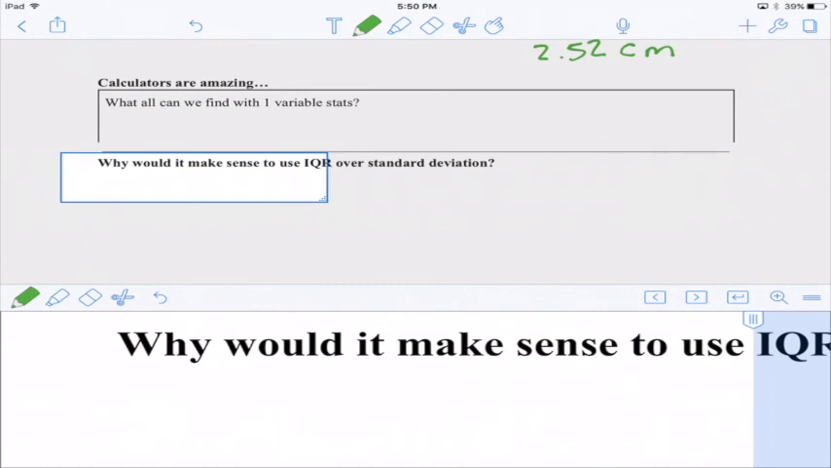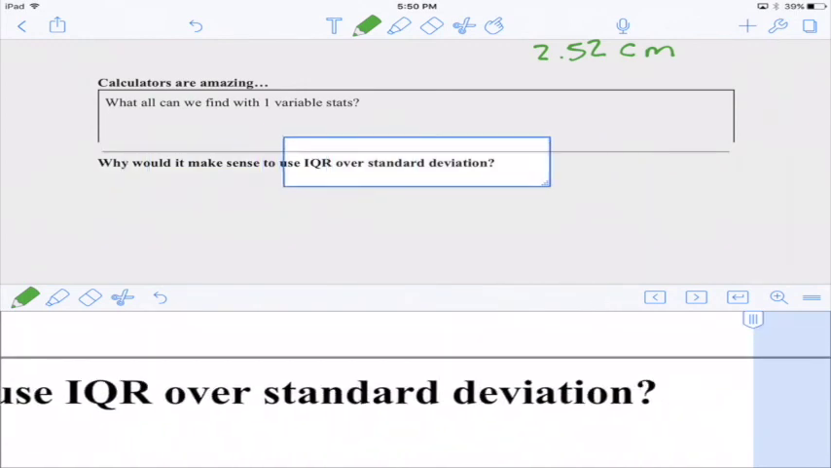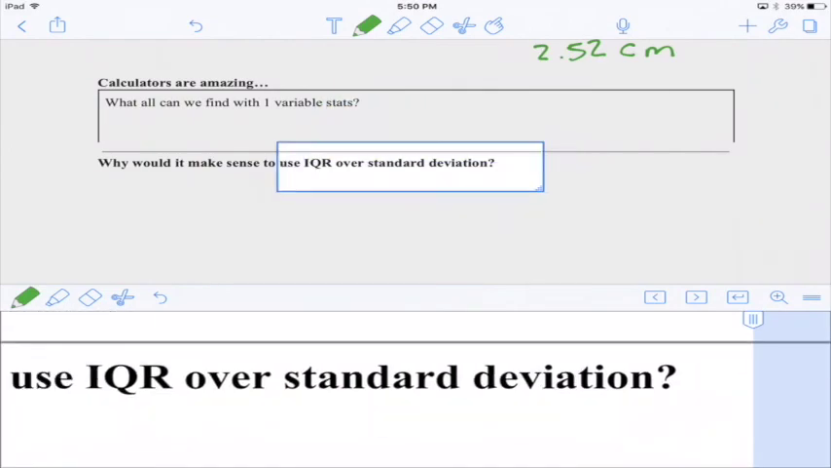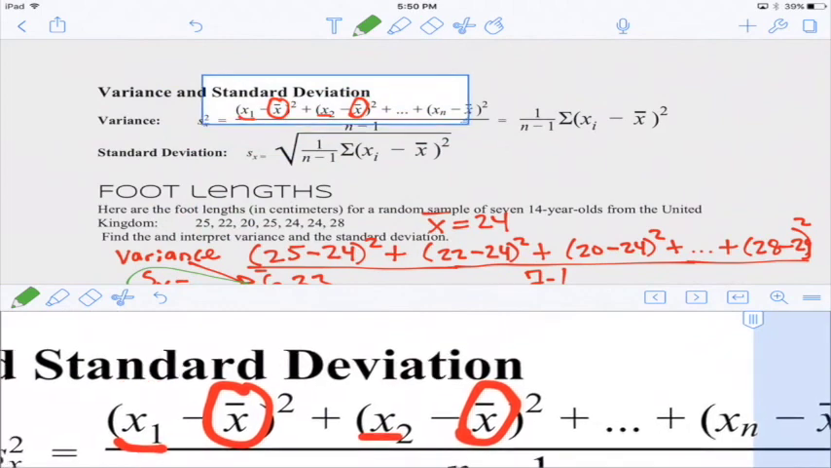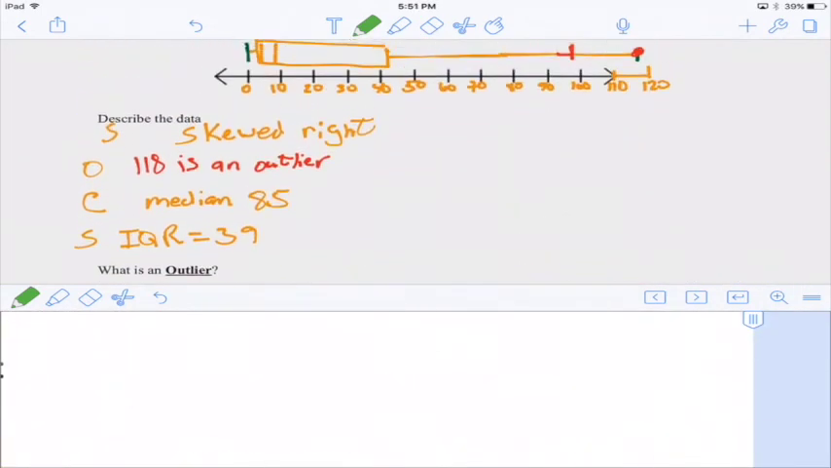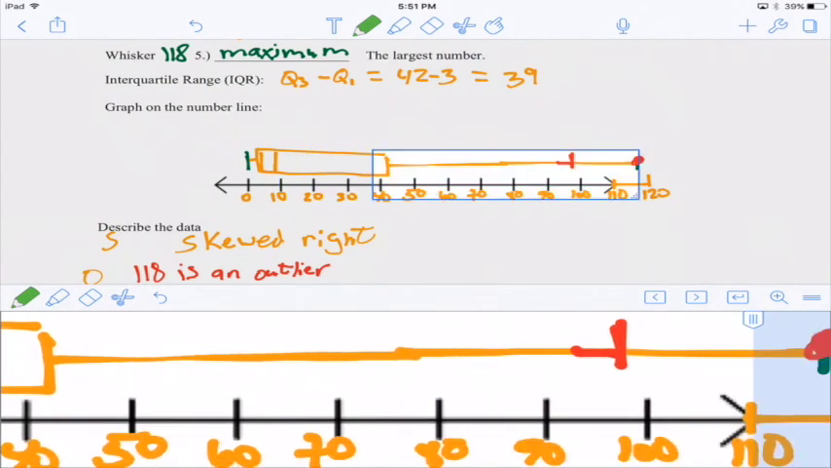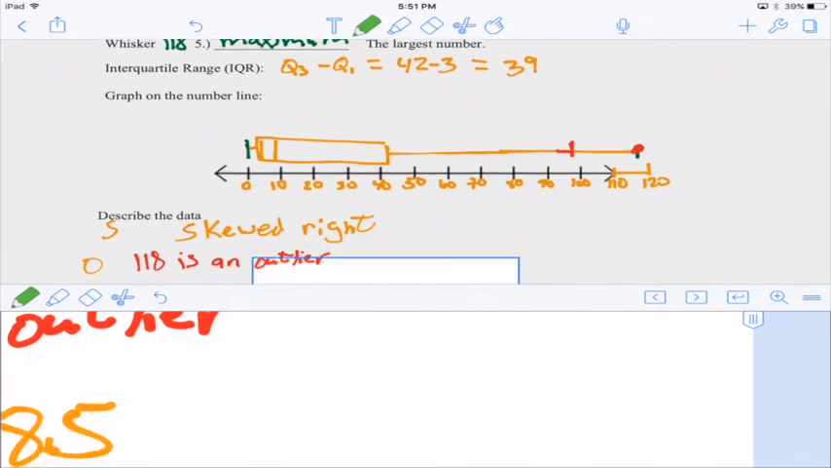One more quick question. Why would it make sense to use IQR over standard deviation? Well, remember how the standard deviation uses every single value? Well, we could have those outliers. Remember our last example where we had all these outliers? Well, that outlier is going to be included in the standard deviation. The IQR is resistant